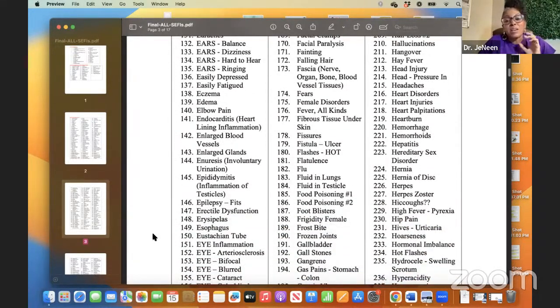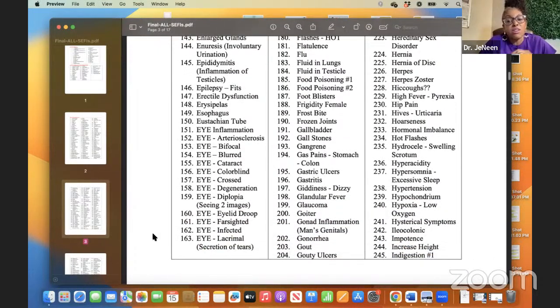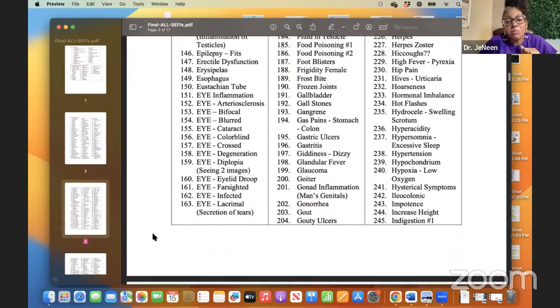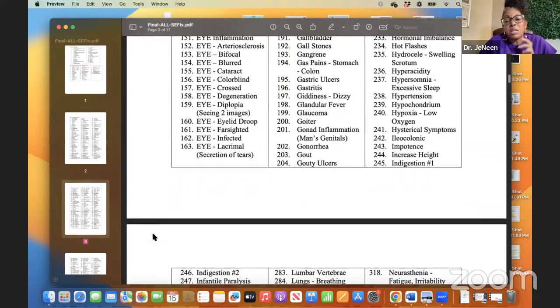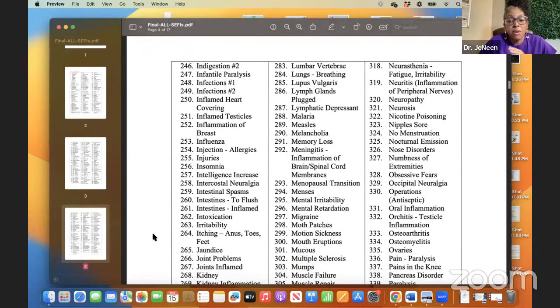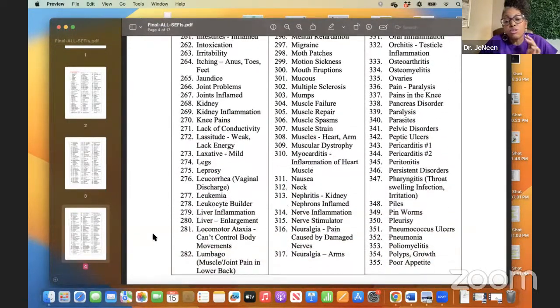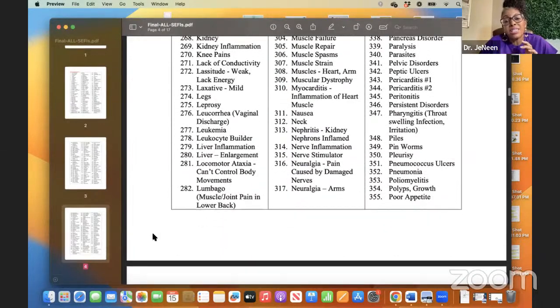The FDA has come after this stuff so hard. It's so hard to find. A lot of the stores are not carrying all the homeopathic remedies like they used to be able to. This is energy medicine. It pairs with all the nutrition that you're taking. It pairs with all the supplements. It gives your body the blueprint to be able to use those supplements and use those nutrients and heal.